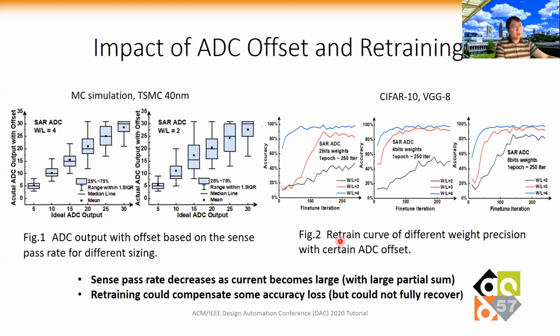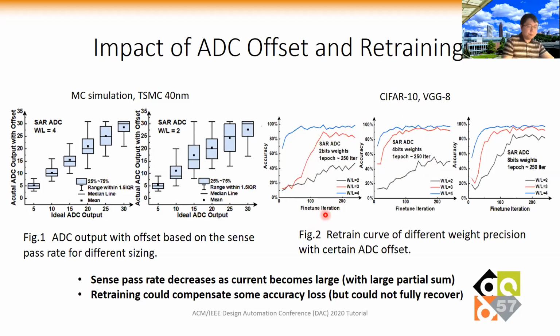And one of the techniques to recover this kind of degradation is to do the retraining of your network model. That means you have to adapt the network to each individual chip instance to compensate for this kind of variation. So after each chip is manufactured, you can possibly run the inference and then do some retraining. So you fine tune the weights. So here, if you do that, you can recover this kind of accuracy loss. So here are some experiments running on the CIFAR10 data set, trying to recover the accuracy loss by the fine